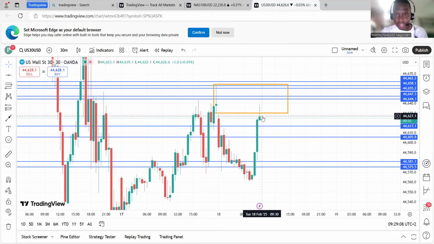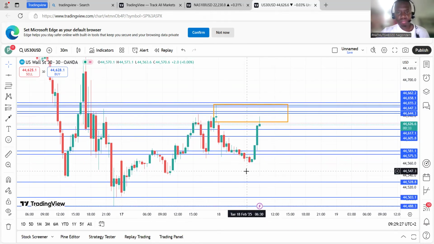If this candlestick closes like this, the way it is right now, and then the next candlestick comes and just goes below here, that's a clean sell. I'm gonna take a sell, guys. My stop loss will be just there. Nothing much. So, 25 seconds. Let me just monitor this